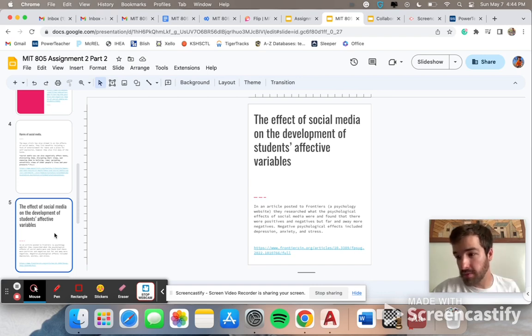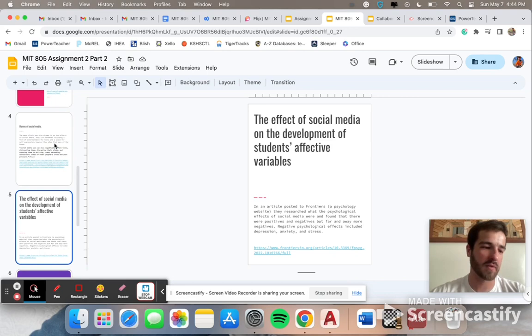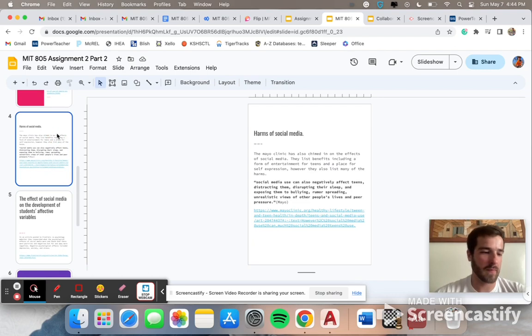What two ISTE standards best represent what I've done for this project? So I went with 2.1C: stay current with research that supports improved student learning outcomes and include findings from learning sciences. If you went through my assignment, I went through a lot of research articles about social media. We need to keep up to date with modern research that's not 20 years old, because technology changes so fast. You need to make sure all of that research is from the last 10 years at least, if not probably 2 or 3, with the way technology goes.